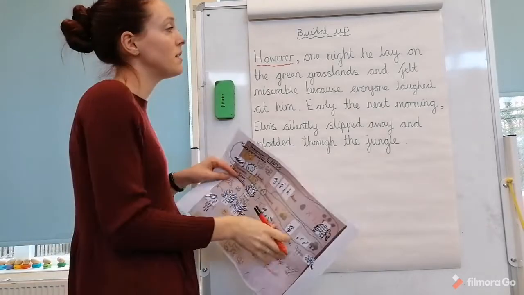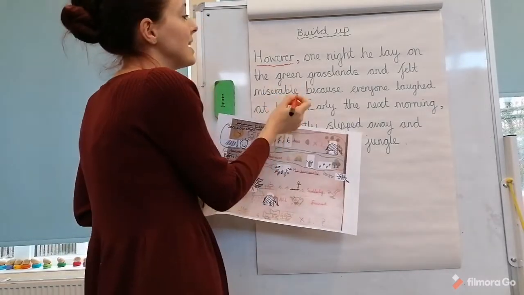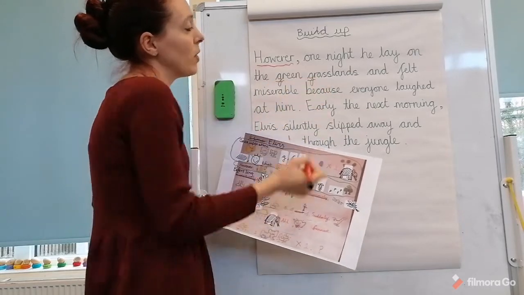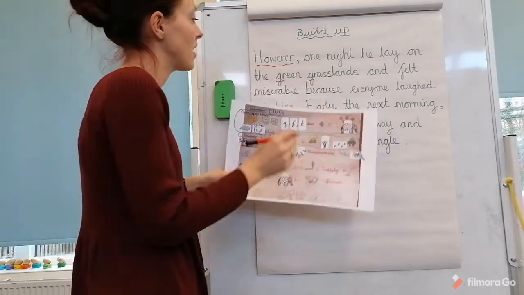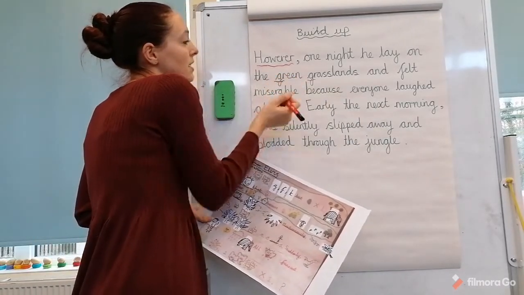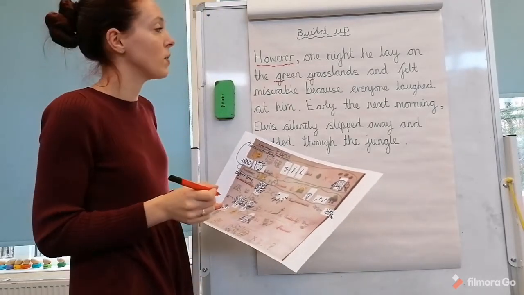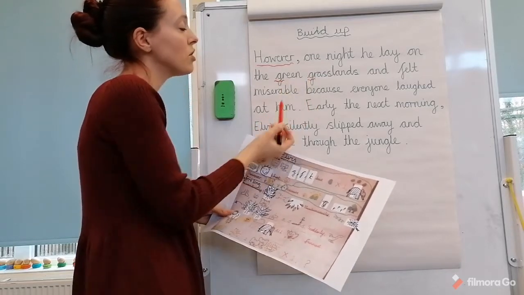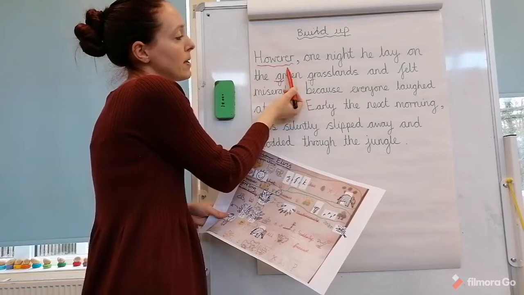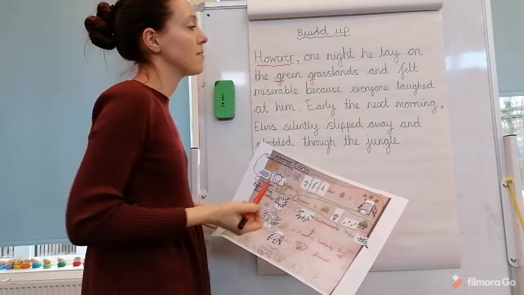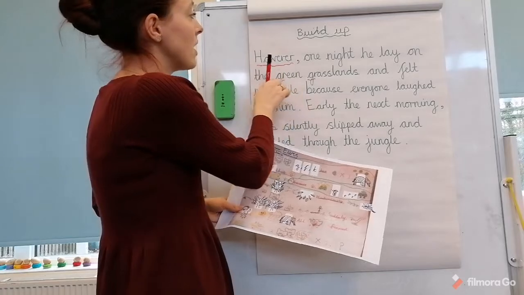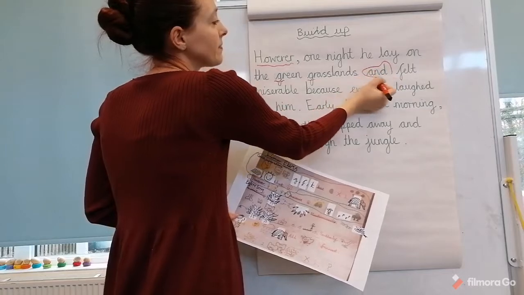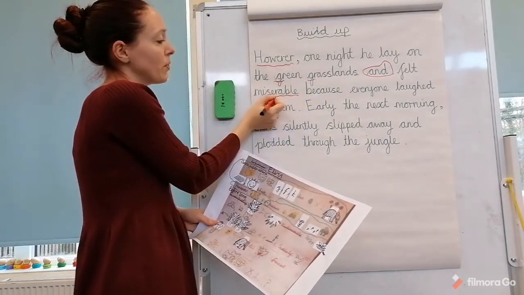You might change it to use a different word. However, one night he lay on the green grasslands. So here I've got two words that start with a g. That's sometimes used in stories again. It's called alliteration, where you're using the same sound at the beginning of each word there. So you could change the word green, but maybe think of something else that has the same g sound as well. So, however, one night he lay on the green grasslands and felt miserable